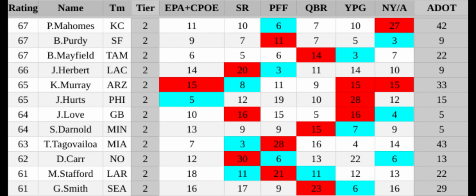Love also was not taking sacks, which is, again, partly an offensive line protection thing, partly the receivers getting open quickly, but it's also partly him navigating the pocket well and getting rid of the ball pretty quickly.